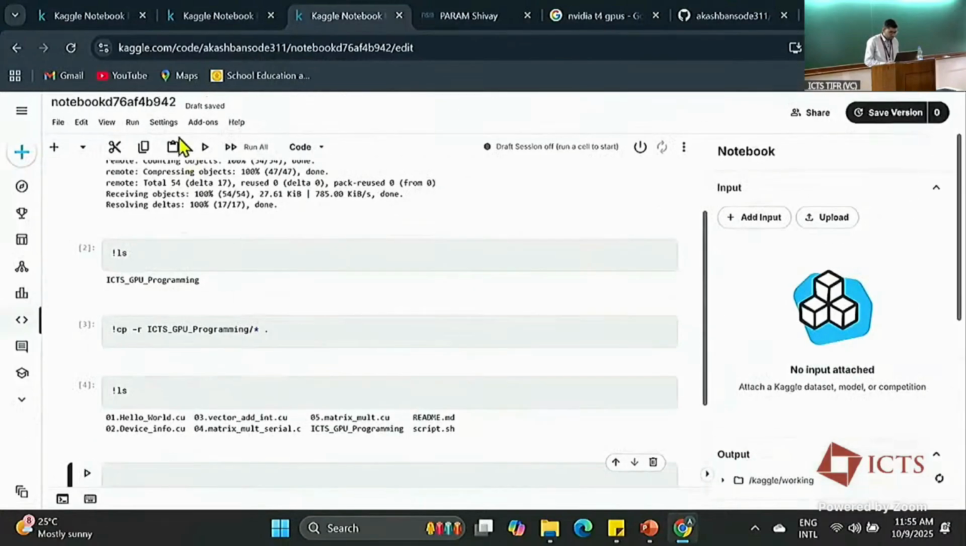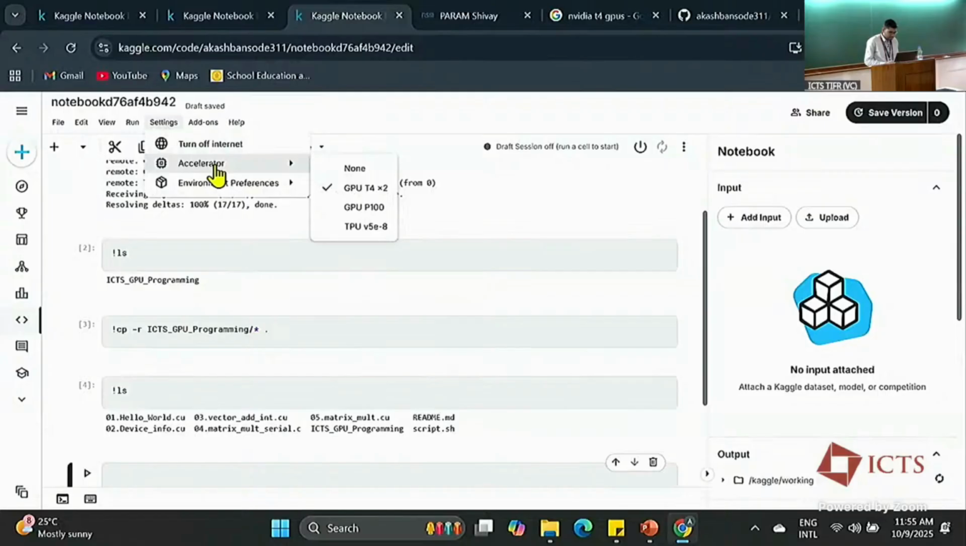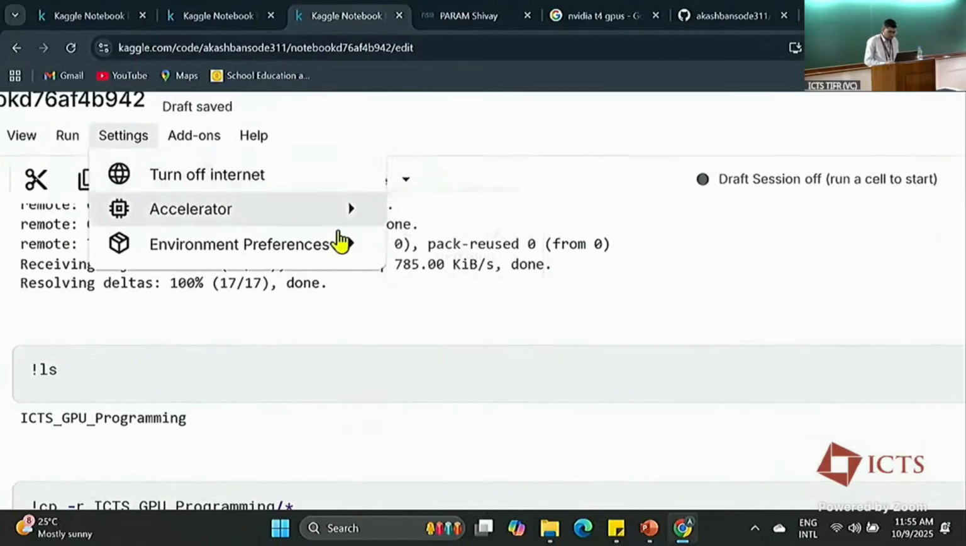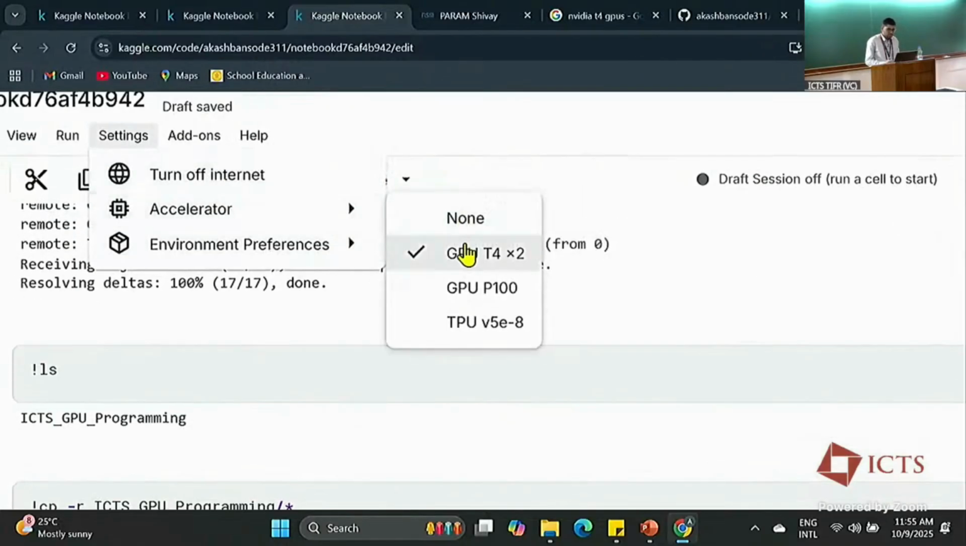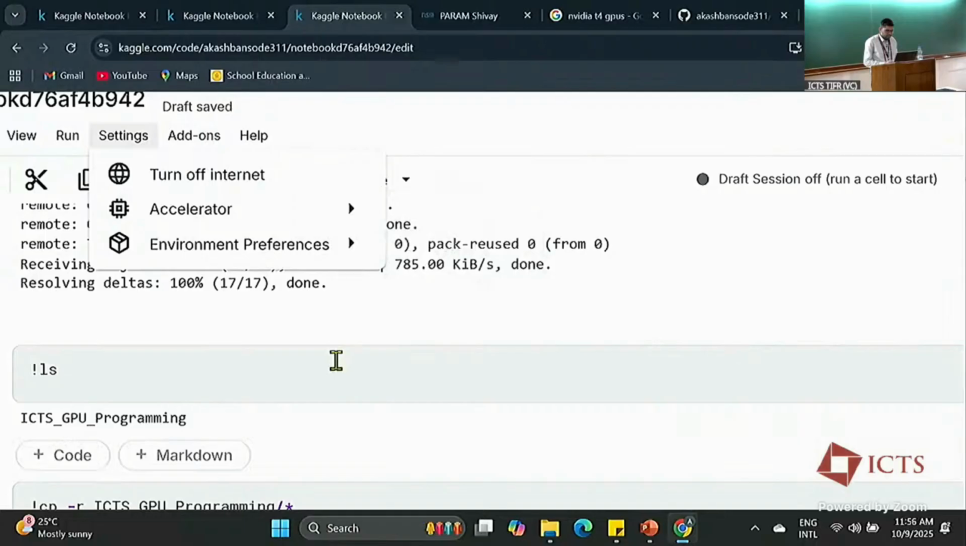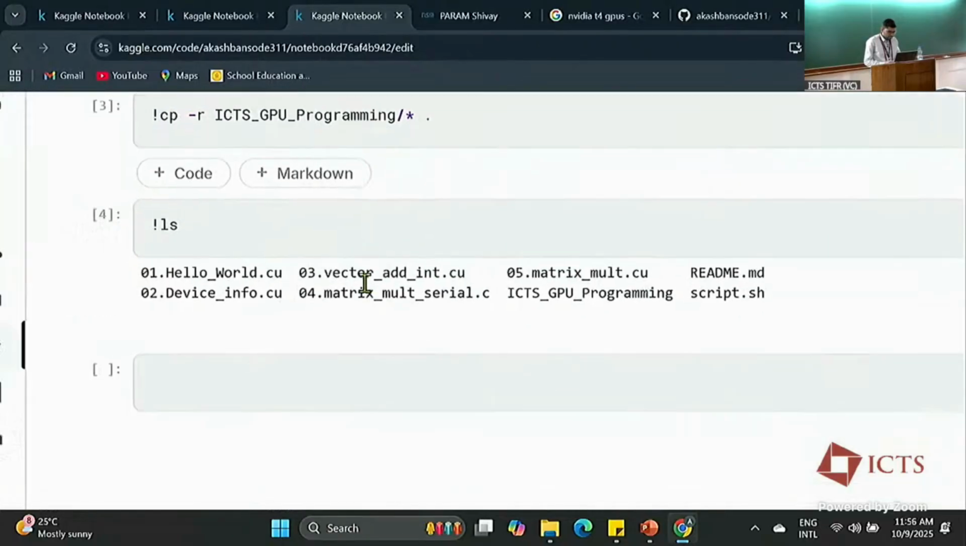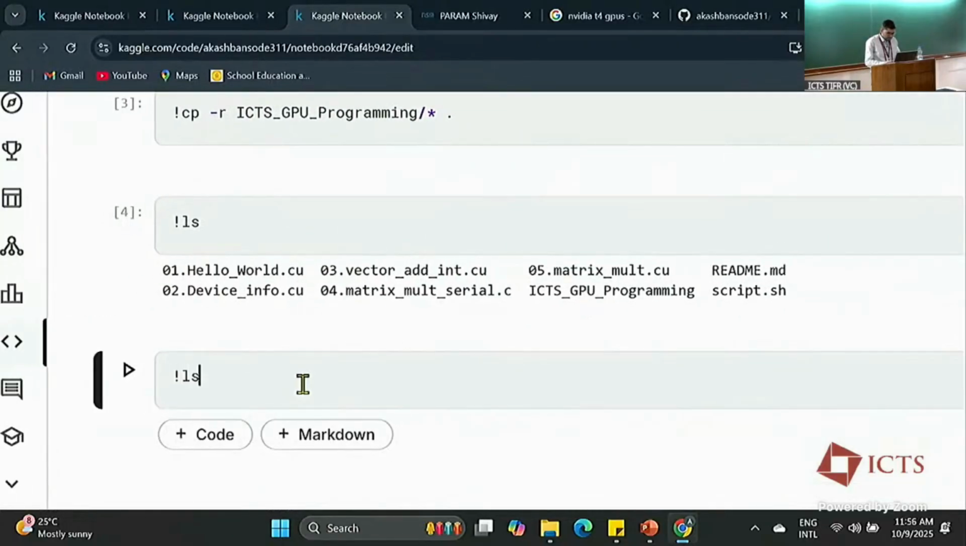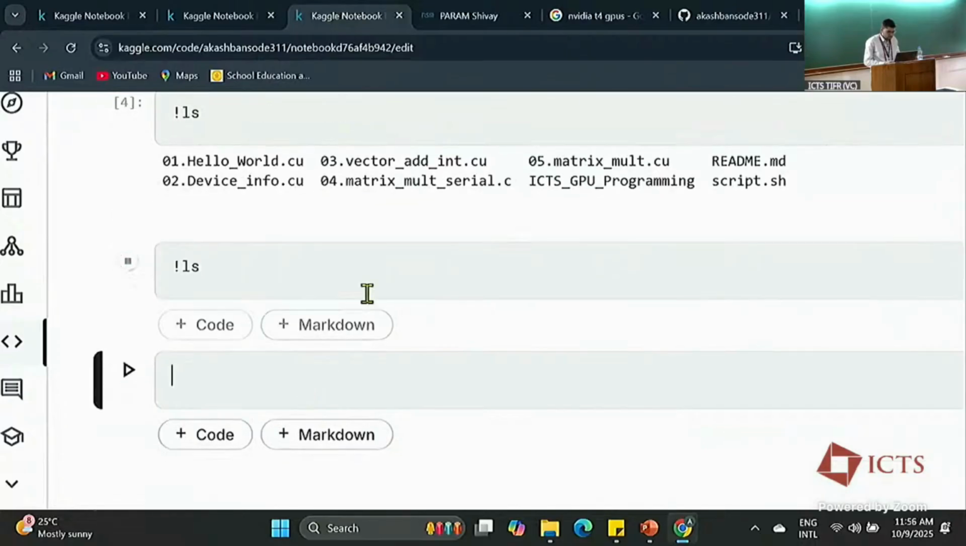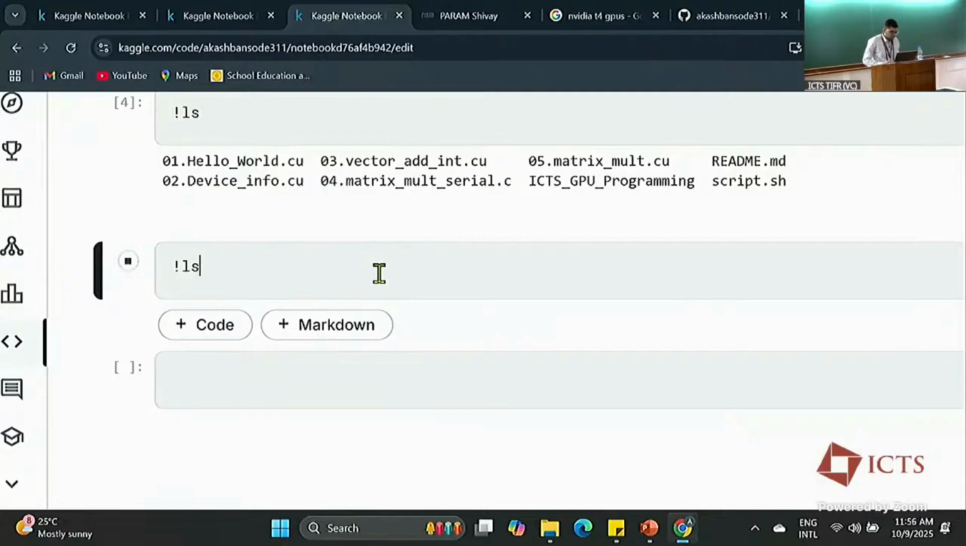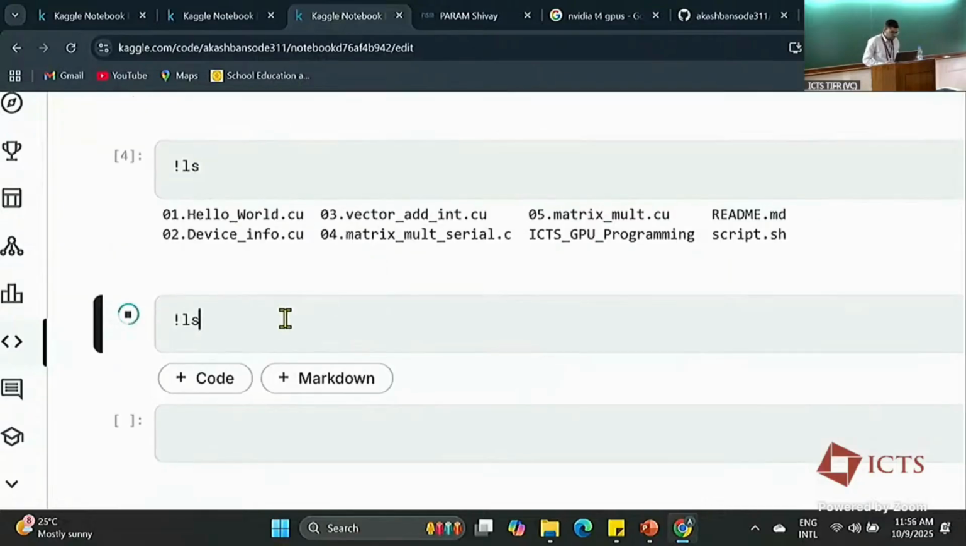You can cross verify from here whether it has successfully started or not. So here you can see T4 x 2 GPU. So our session has moved onto the GPU, right? Now if you see the content of our Kaggle notebook, it will vanish. Whatever we have downloaded,